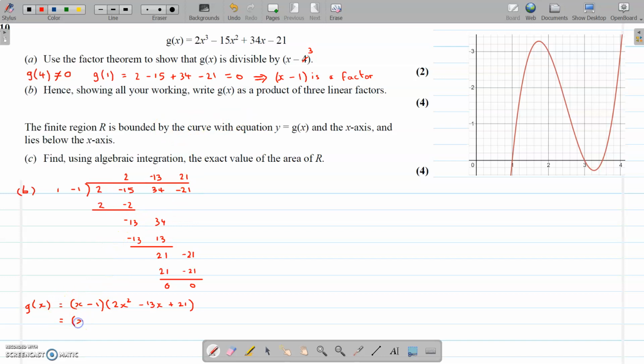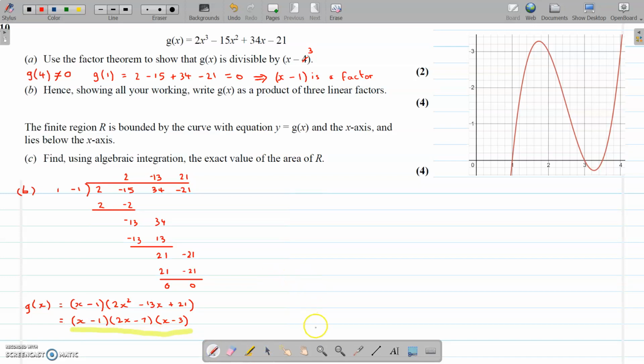So it's x minus 1, and then we've got 2x minus 7 and x minus 3. Okay, so all three roots are to the right of the y-axis, which you can see here. Okay, so that's the full factorization of g of x, which is what we were required to do for question